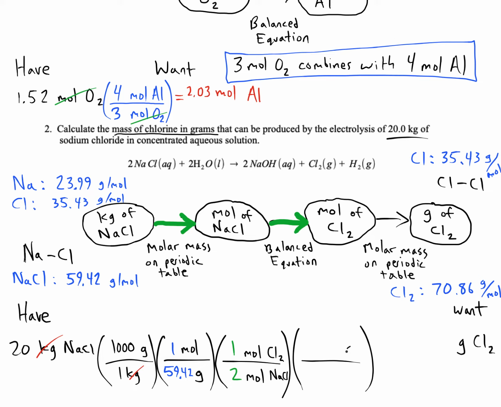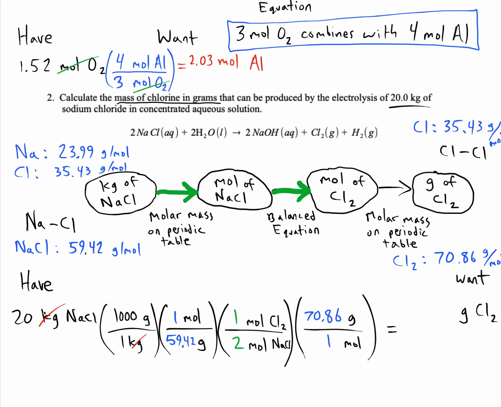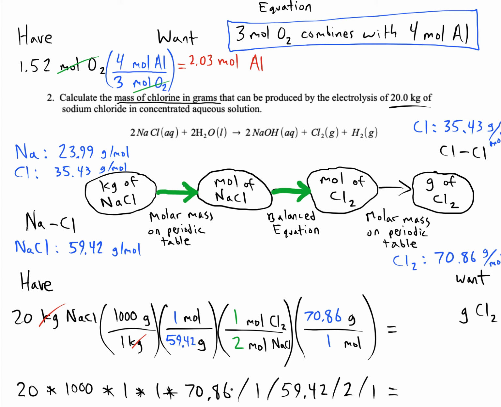All right, now since we want grams on top at the end here, we'll put grams on top in our conversion factor. And we'll put moles on bottom. And we'll put our 70.86 with the grams and just a 1 with the moles. Now we just want to multiply and divide as necessary to get the final answer. On calculator, you could write this as 20 times 1,000 times 1 times 1 times 70.86. So you just multiply straight across with the numerators. And then a quick shortcut here is to just divide by anybody who's down below in the denominator position. You can type it in just like that on like a TI 30 X2S or TI 84 calculator. I get